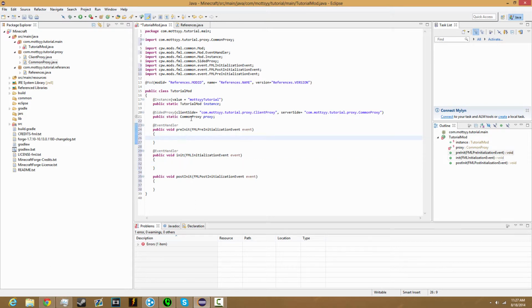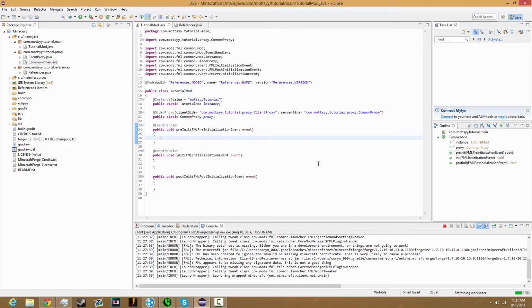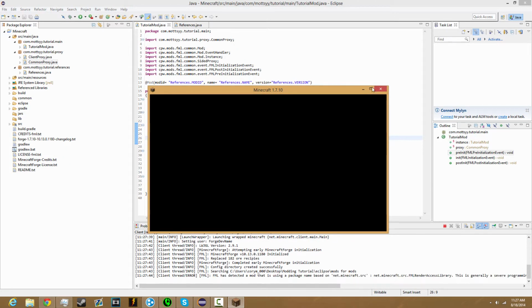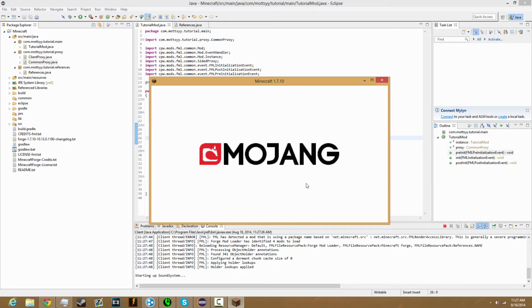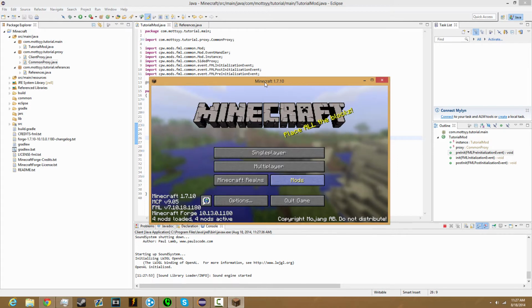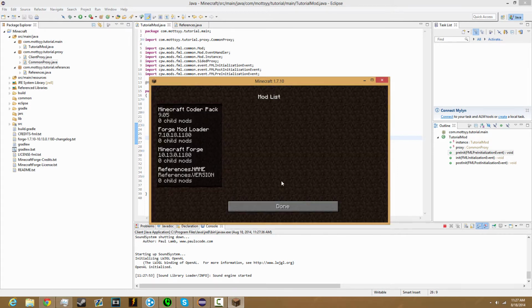Next time we'll be going over a basic item and or block. Just make sure you save this. Here we go, no more errors. Alright, so this is the basic mod. We're going to try and keep our mod classes as clean looking as possible. You don't have to do this, but if you want to, let me just show you really quickly what it looks like when it runs. So as you can see, it'll open up all nice and clean. And there's Minecraft 1.7.10. It's initializing everything. And there we go. Alright, so then if we were to go to mods,